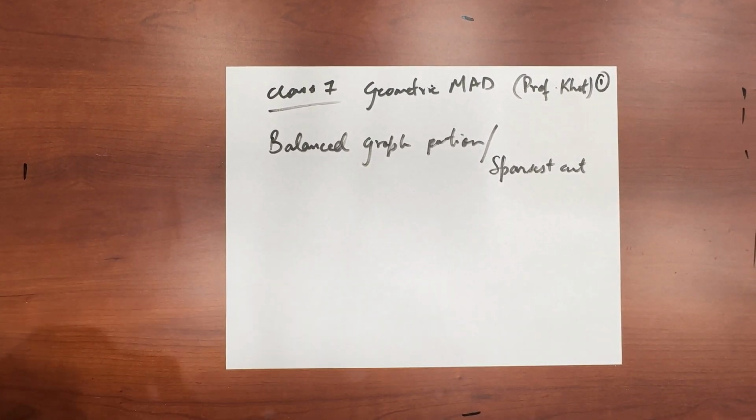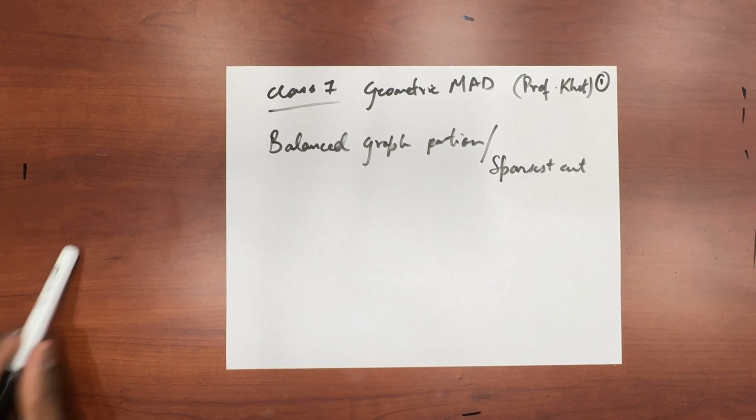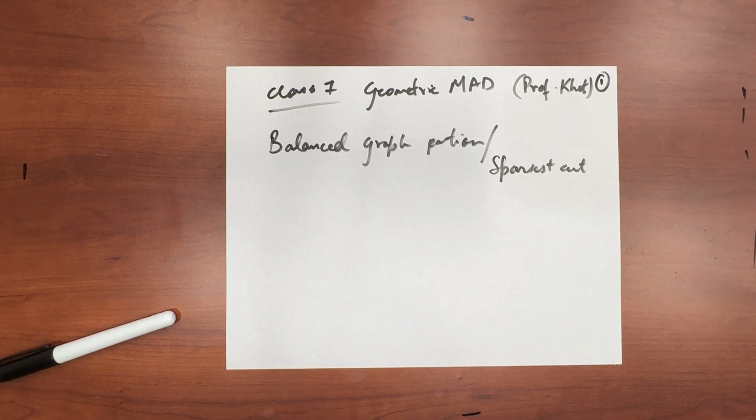Sparsest cut. So we'll start with balanced graph partitioning. We'll go to sparsest cut, the problem, we'll define how it works. And then we'll look at an approximation algorithm to that, and it will lead us to a very nice mathematical formulation of metrics and embedding in metrics and stuff like that. So let's start with the